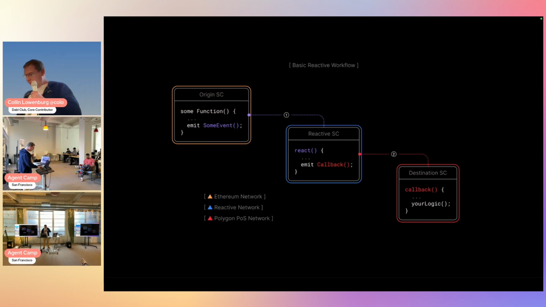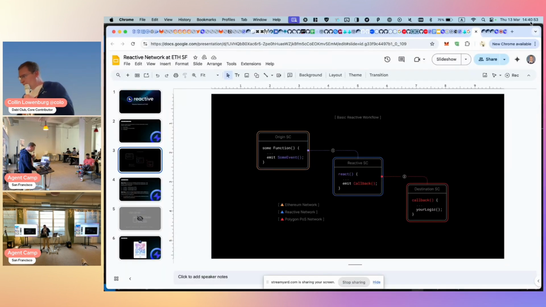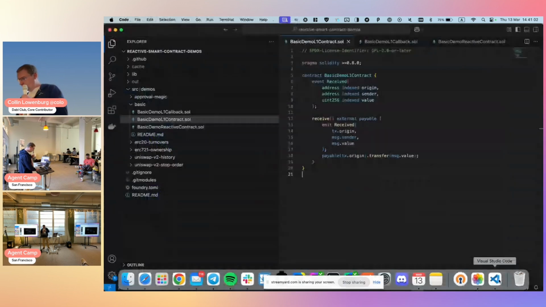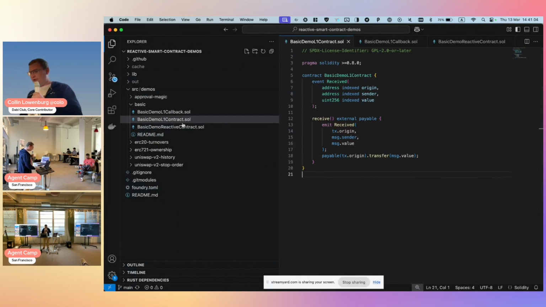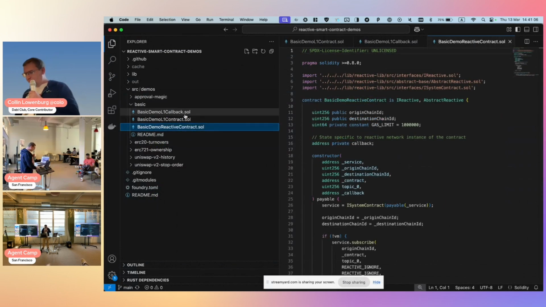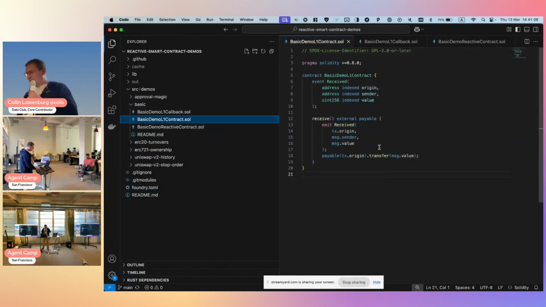Let me jump to a quick demo, since this is a workshop. I'm going to show you the source code for the reactive smart contracts. Here we have the basic demo of the reactive smart contract in a nutshell.